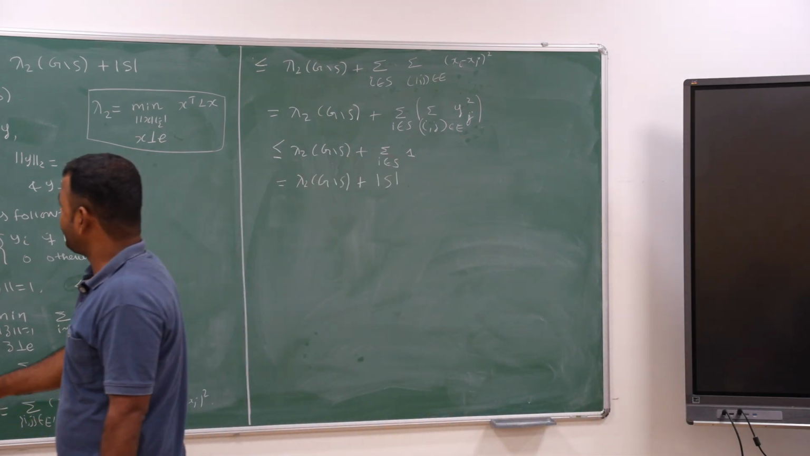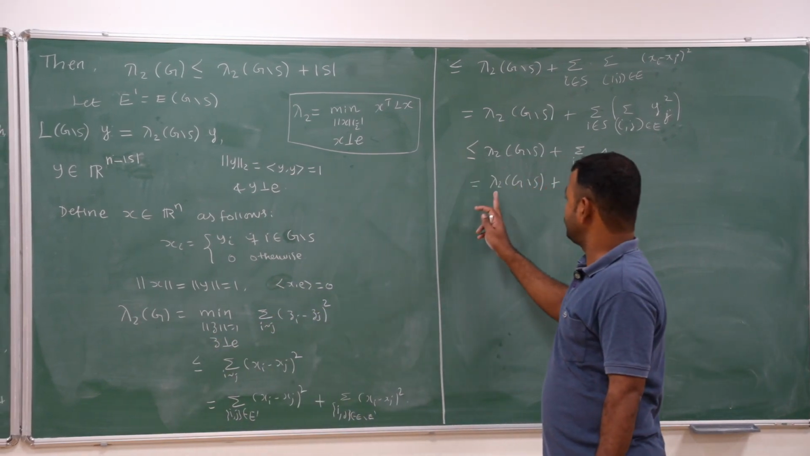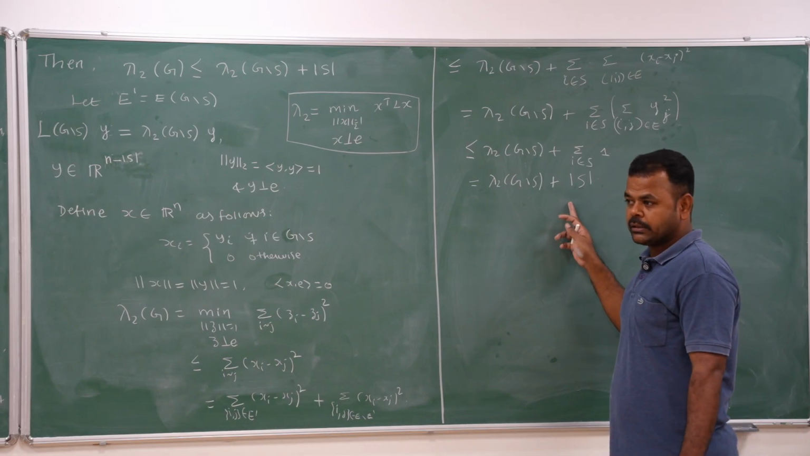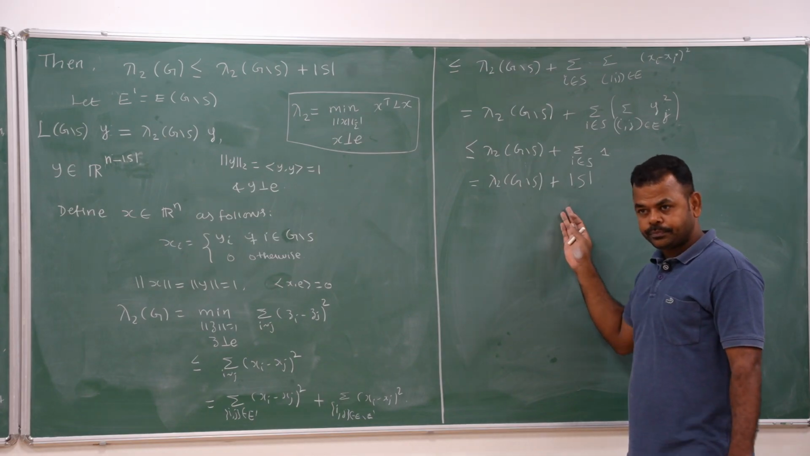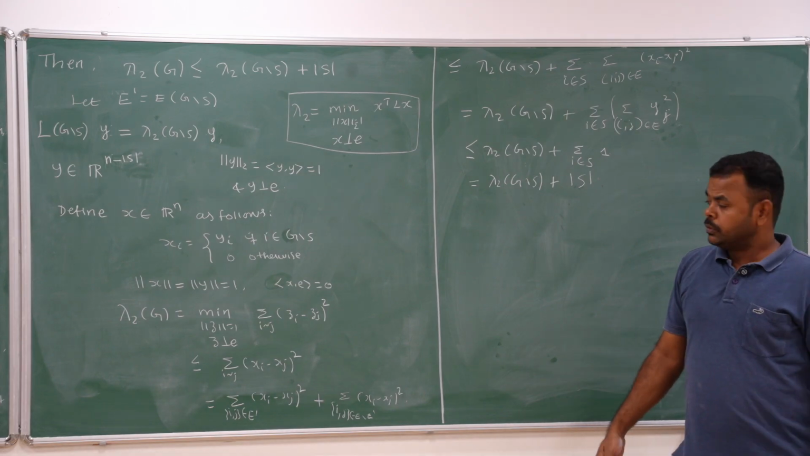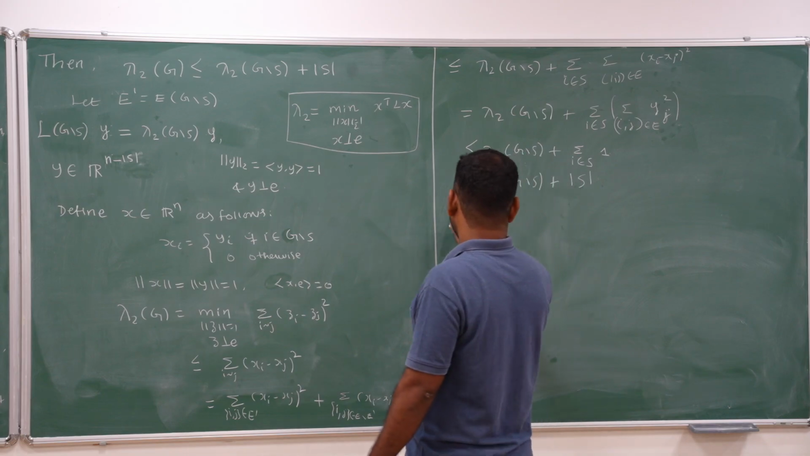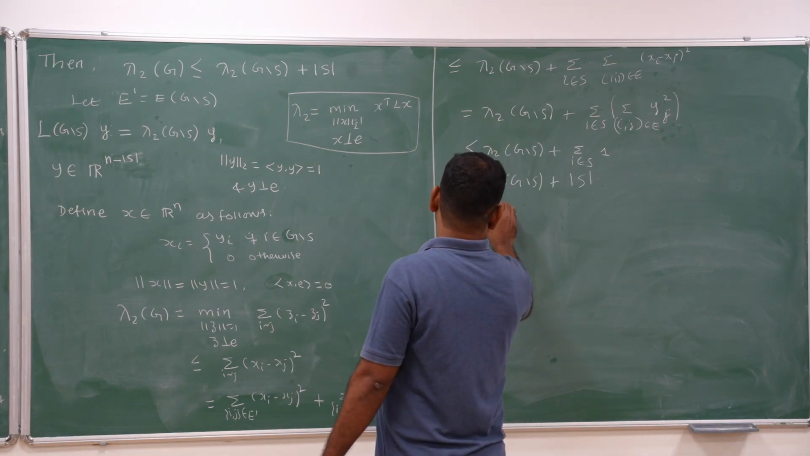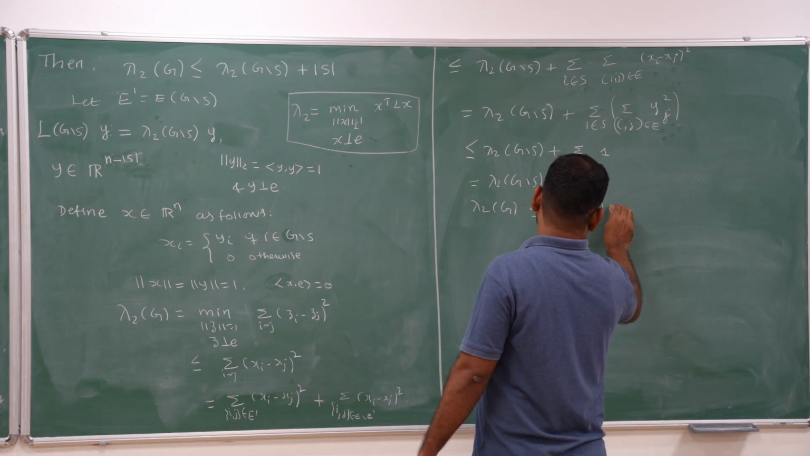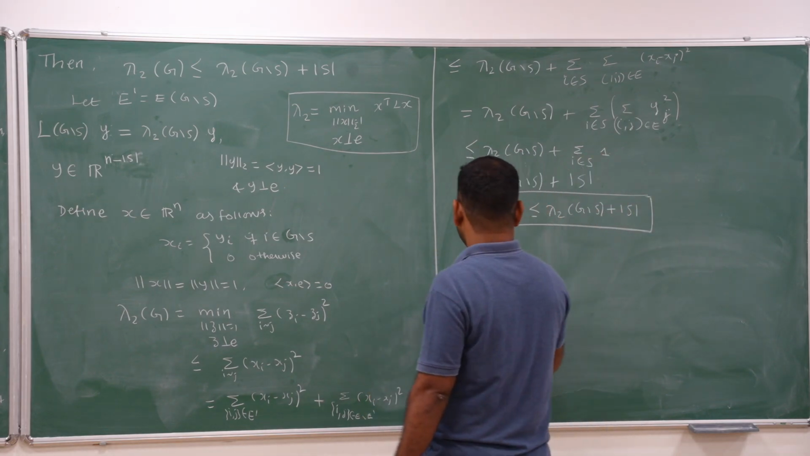So if you substitute here, what you will get? Lambda 2 of G is less than or equal to lambda 2 of G minus S, that is 0, plus the number of elements in S. S is the set whose removal disconnects your graph. So that shows that lambda 2 should be less than or equal to the vertex connectivity. Okay. So as a consequence of this,